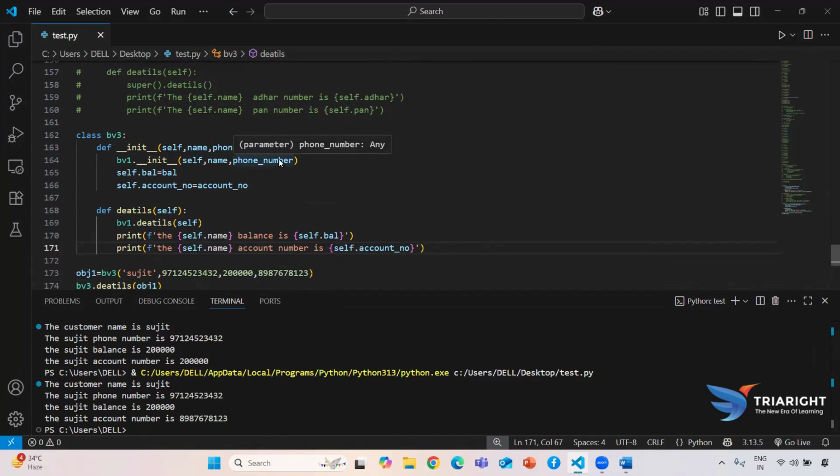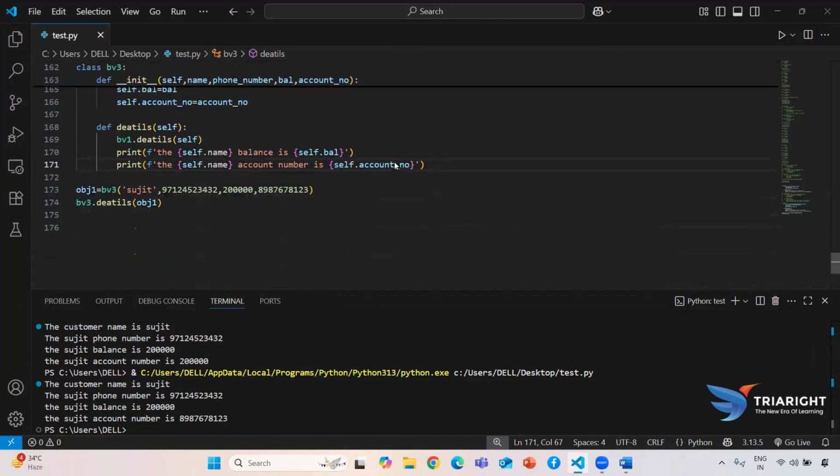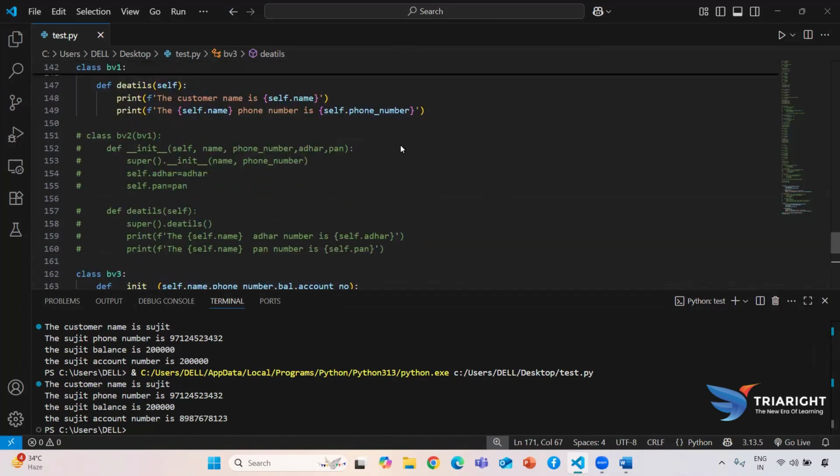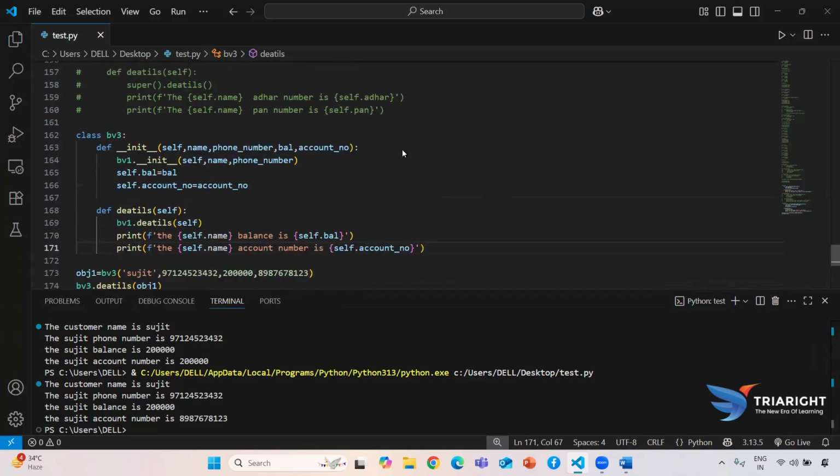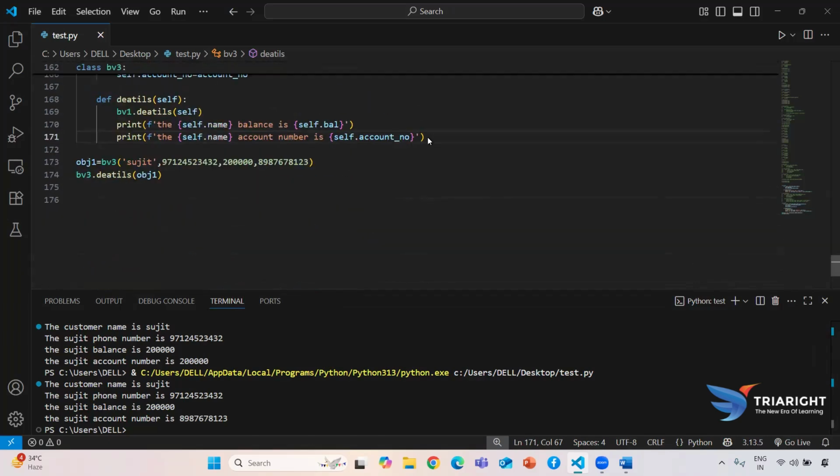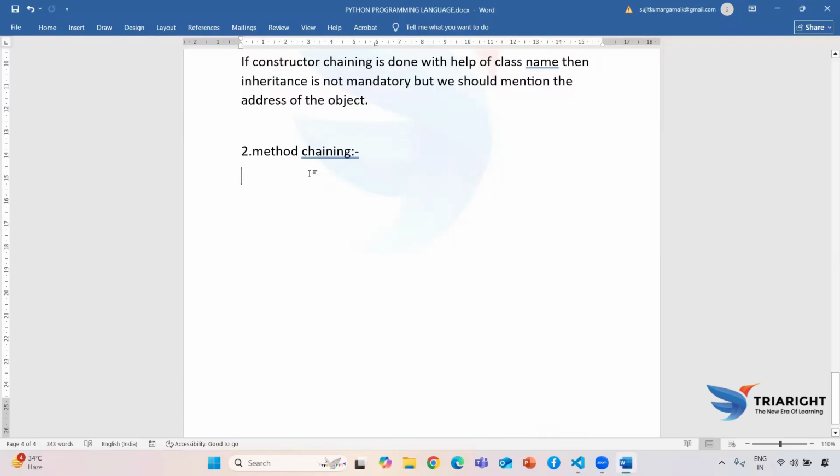Now we are going to write the theoretical part. Guys, if you have any doubt in the chaining concept, I suggest you rewatch that particular video. Still, if you have any doubt, you can directly contact our trainer. Now we write the method chaining theoretical part. Method chaining is the process of calling the parent class method from the child class method,